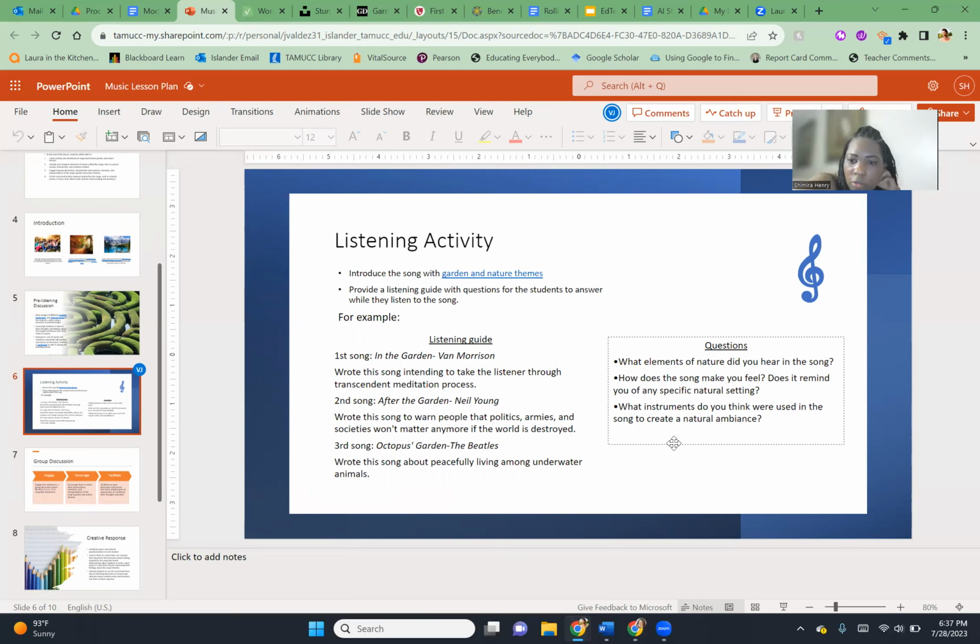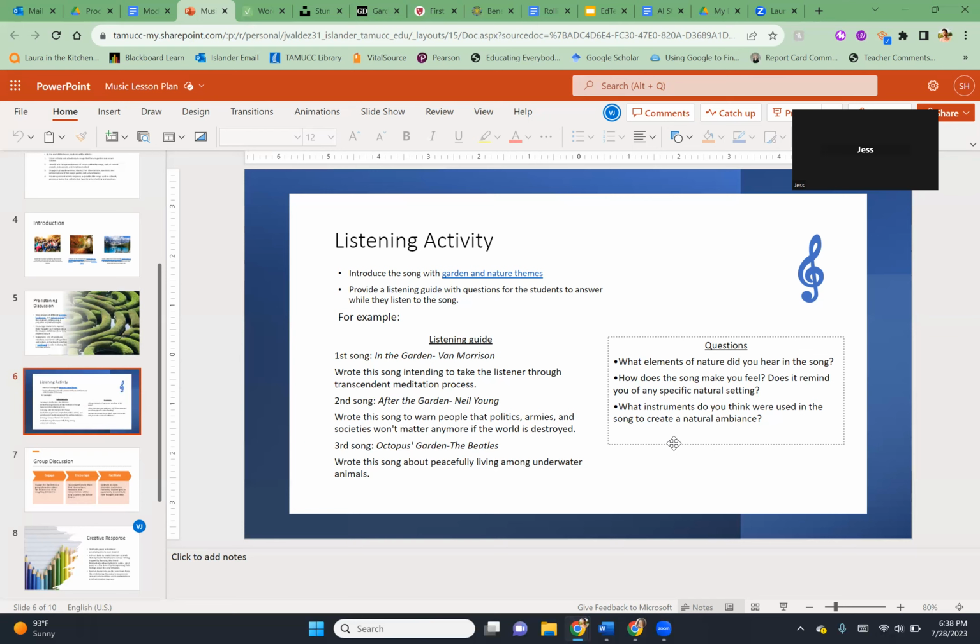Okay. For the group discussion, I have in my notes: do you want them to express themselves with a video, text, or audio? During the group discussion, we get the students to start talking about nature and garden based on what they listened to. After the group discussion, their response is creative.